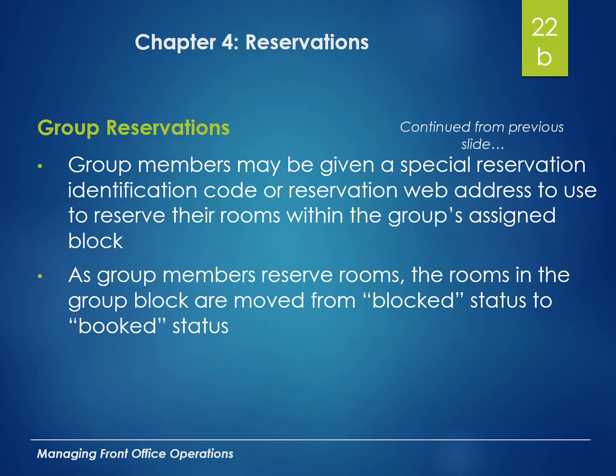And so when we are looking at rooms in the room block in our property management system, in our reservation system, it's going to show that the specific reservation is blocked. Okay, but as the guests are calling, whether they're using a rooming list where the meeting planner provides all names all at once, or if the guests actually call and make the reservations on their own and just say, "I'm with group Association ABC and I need to make a reservation for our meeting," then that room will go from a blocked to a booked status in the reservation system.